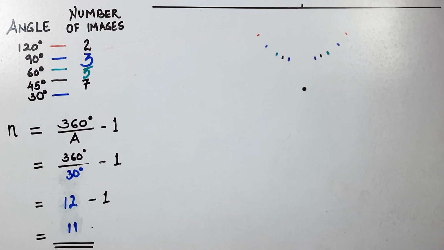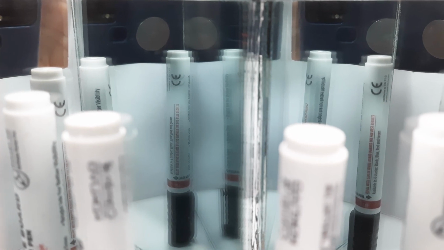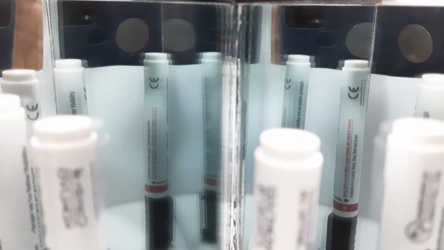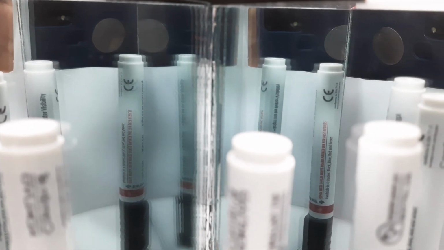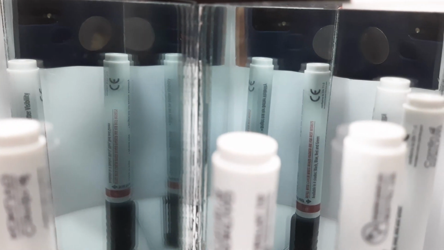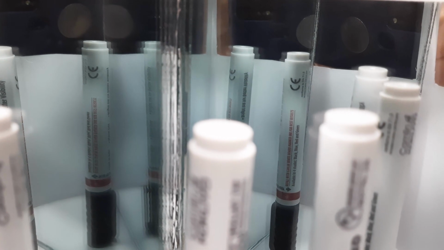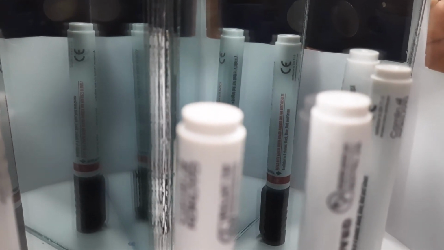So here we are, 30-degree angle between the mirrors, and the images are so many. The camera has a difficult time focusing on any one of the images. I'm trying to pan as slowly as possible so that we can count the 11 images. If you have started counting, then yes, you can see that there are a total of 11 images.